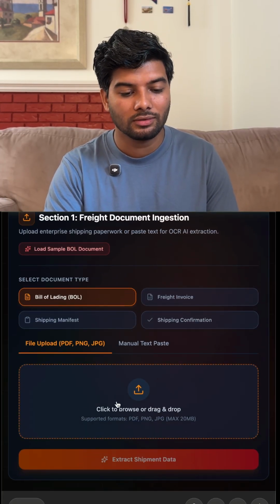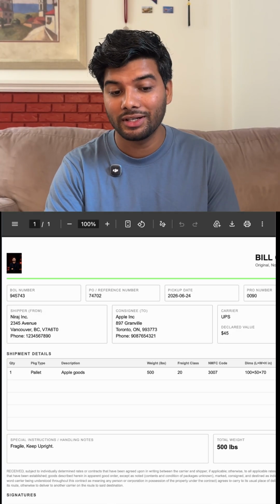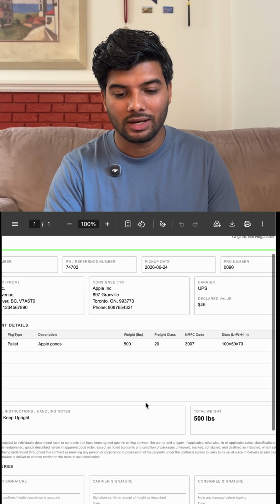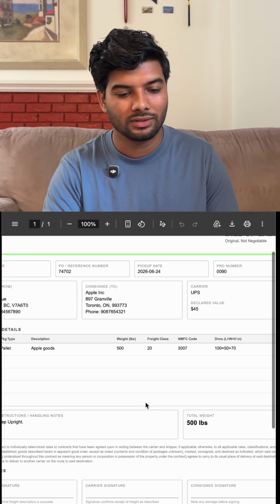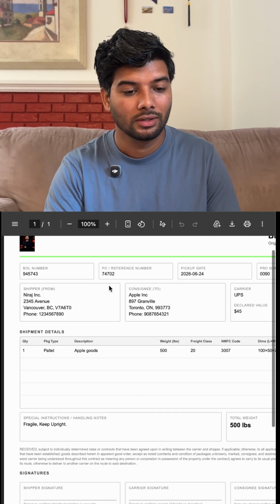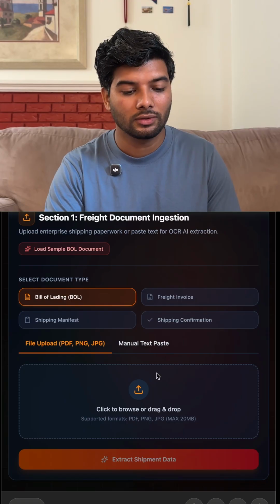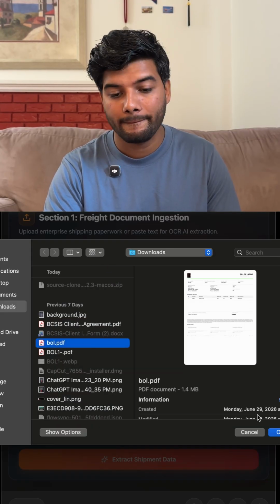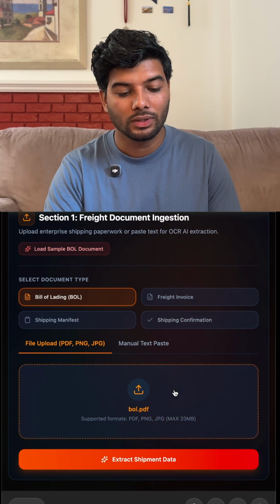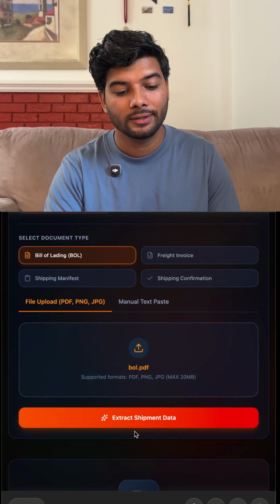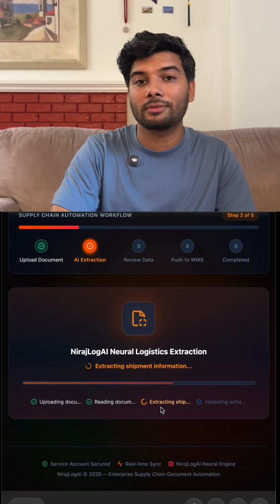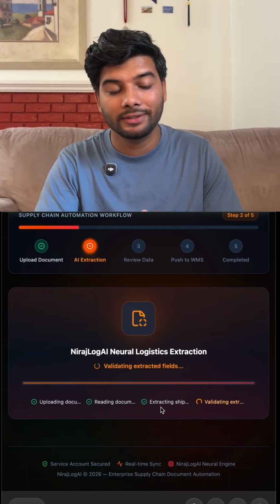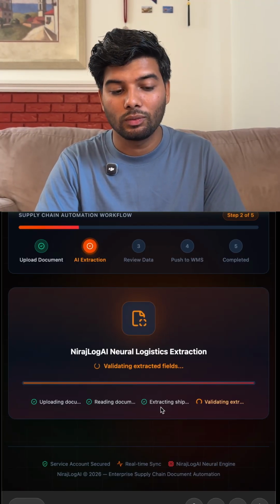So let me try it out. I have a simple bill of lading. I have this document down here. It's just a sample document I created by myself to test it out. So you can simply upload the documents. Once the document is successfully uploaded, we can simply extract the information from here. Our information is validating. Once it is done,